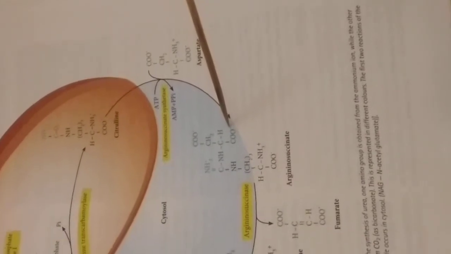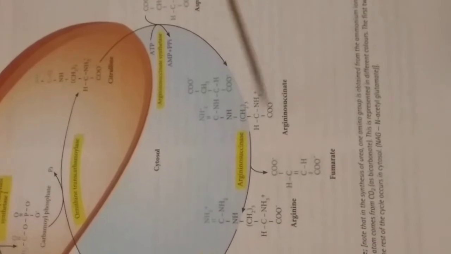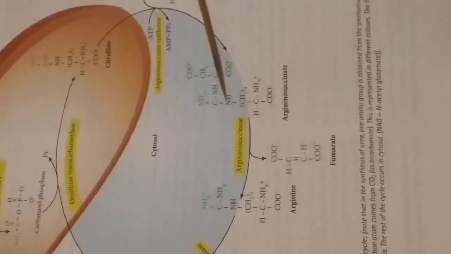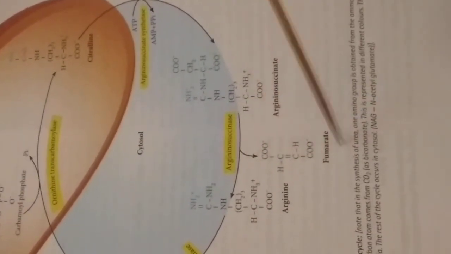So this citrulline combines with aspartate. You know what is aspartate? It is one amino acid. This part of aspartate is combined with the ureido group of the citrulline to form argininosuccinate. This structure is called argininosuccinate now. It is formed by the enzyme argininosuccinate synthetase. Then argininosuccinase is the next enzyme which splits this molecule into fumarate and arginine. Fumarate you have seen already in the TCA cycle, right? So this then enters the TCA cycle.